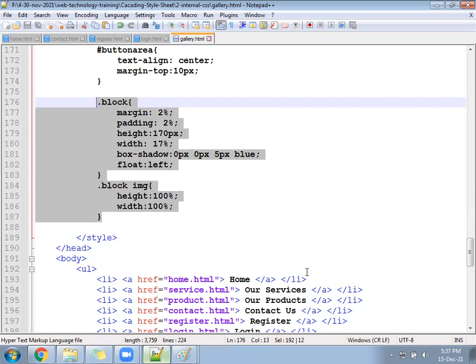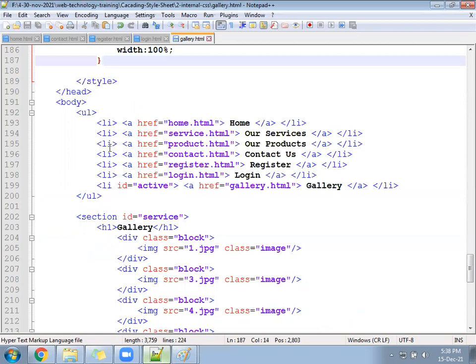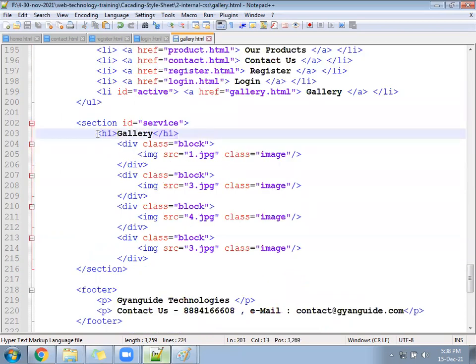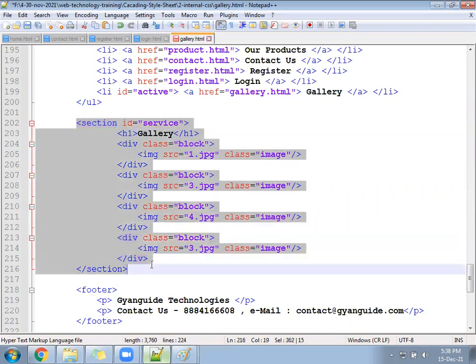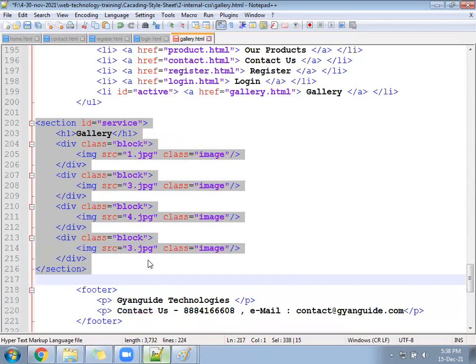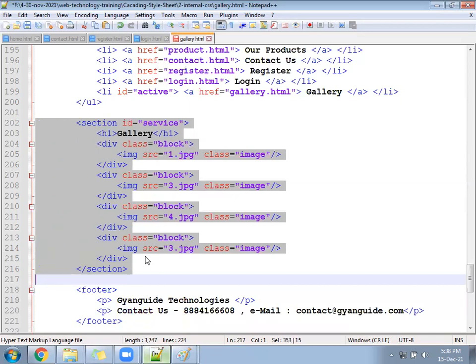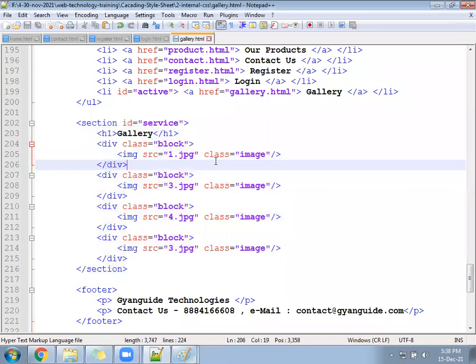And then I will share the HTML code also, section to section. We'll send you in the chat. Replace both. You should have photo 1, 2, 3, 4, 5.